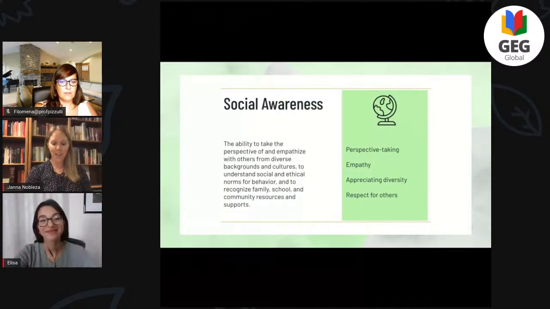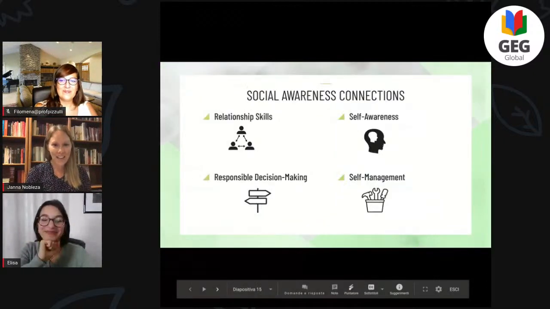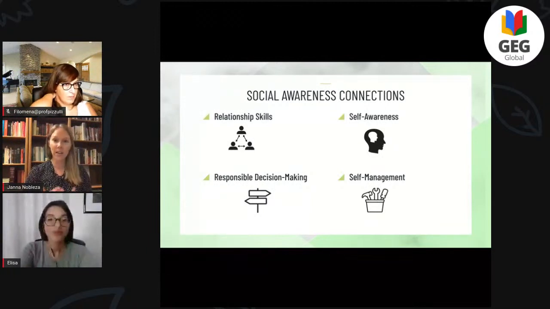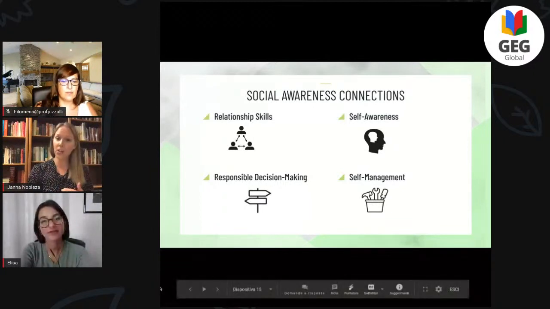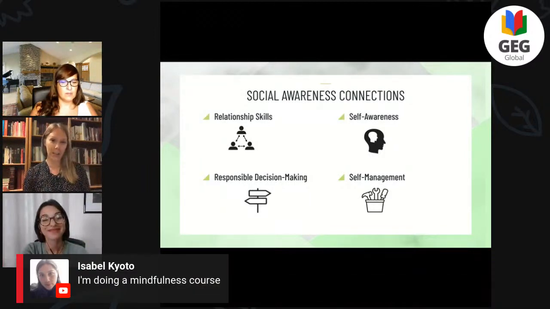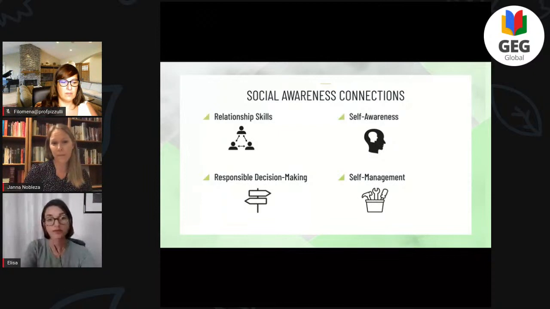So if we take a look at the next slide about the connections again, we can see that connection with relationship skills because when students are able to find trust in one person and maintain that trust with a friendship, they're able to then expand that to a much larger community with social awareness. If students feel connected to who they are and they feel confident in themselves with self-awareness, they can then in turn be open-minded in the sense that we need them to be for being socially aware.